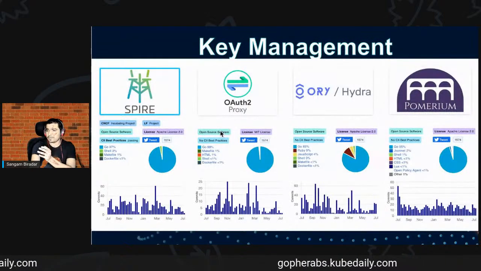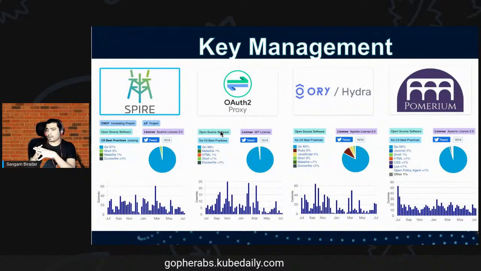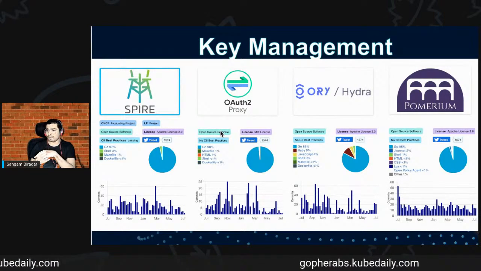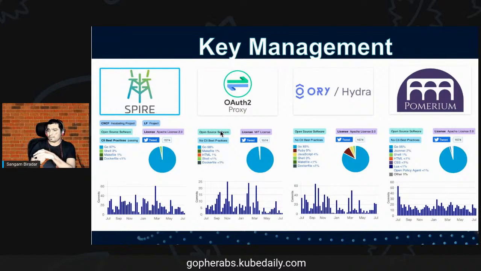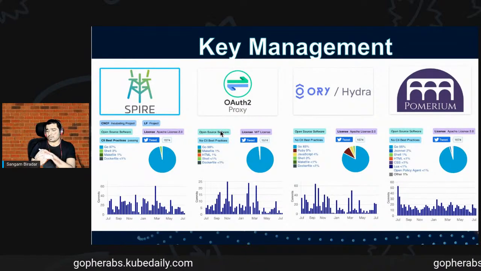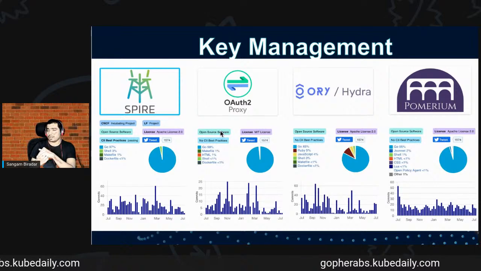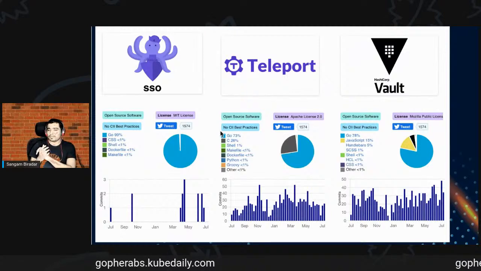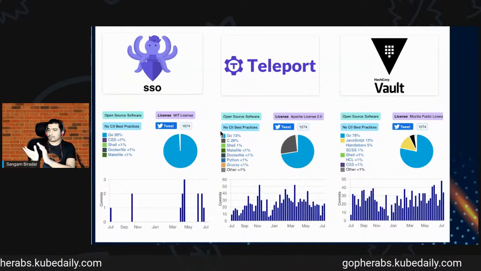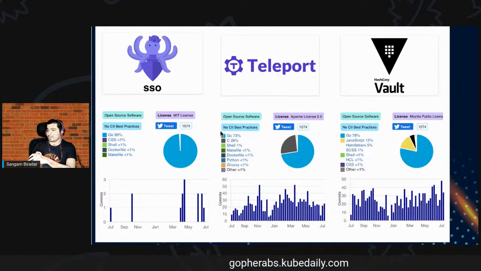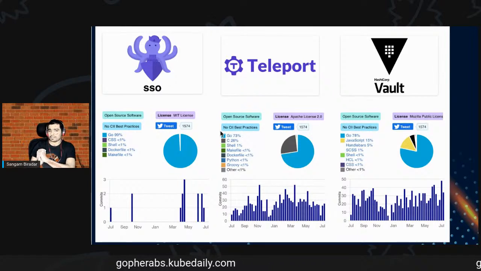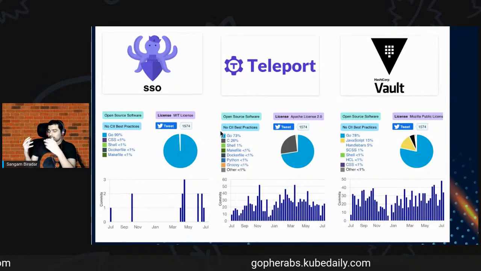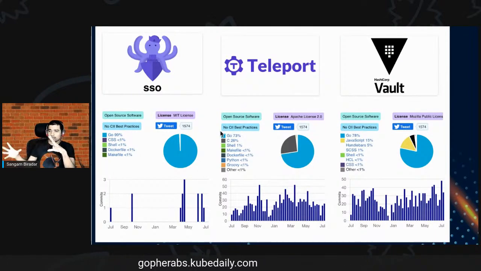And moving forward, key management. Key management has become very important in the CNCF space because we store our environment variables and key values, and how we store them needs to be secure. So these tools are all written in the Go language. Another one of my favorite tools here is Vault and Teleport. Teleport is a tool where you can connect to your Kubernetes cluster and databases and access them remotely.